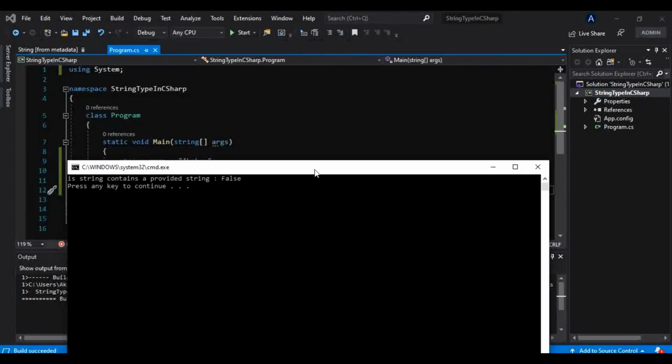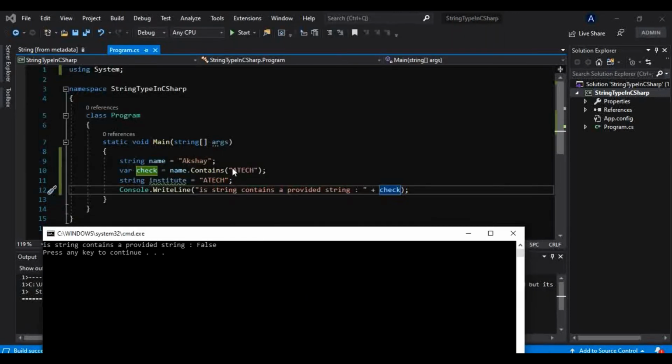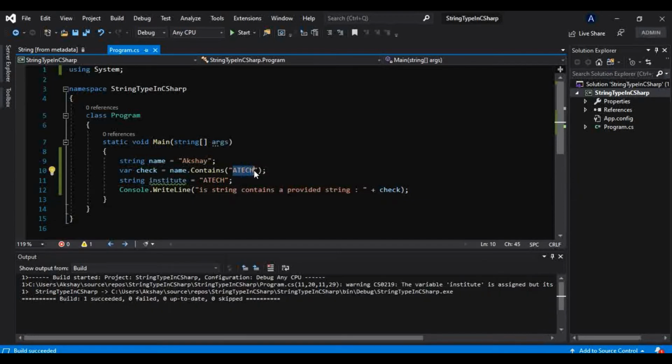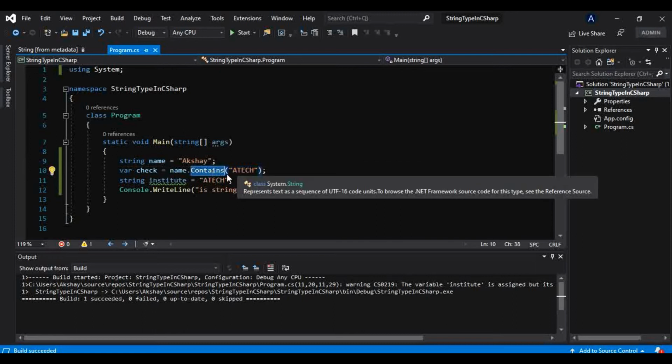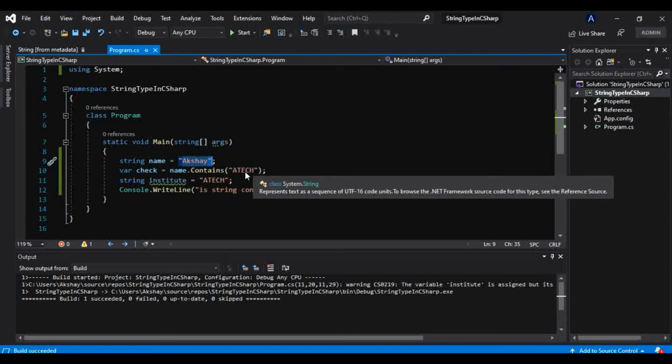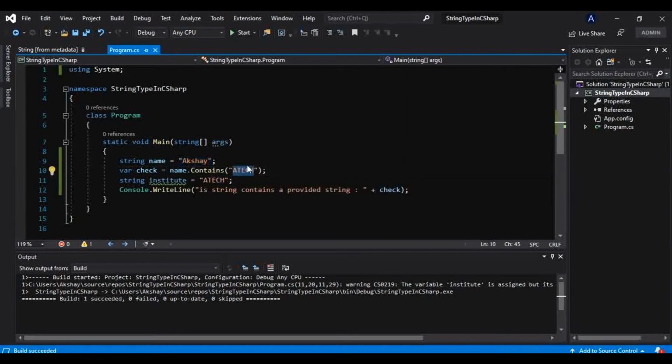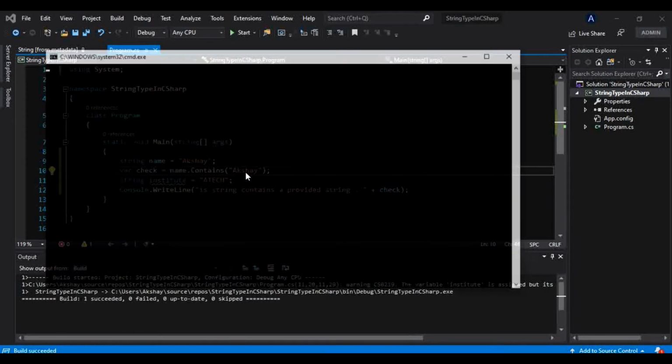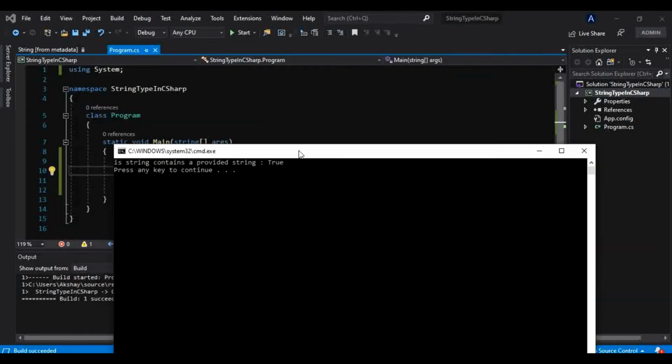It is returning false because whatever string we are putting inside this method is not present inside this name. This name contains the string Akshay, and we are checking if this name contains a different string, so it is not containing that string. If we put this string into this and run, it will return true. Okay, it is returning true.